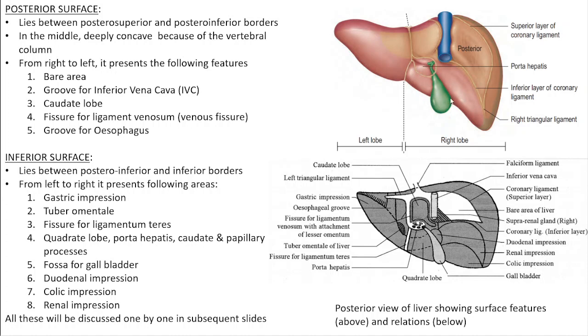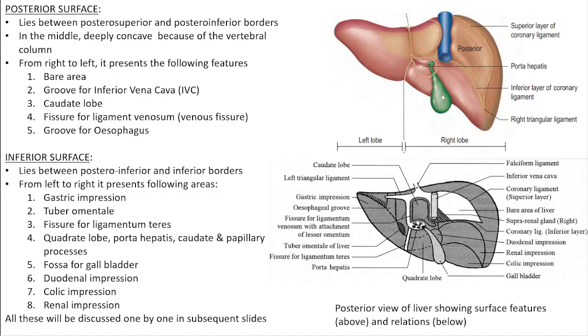Now we see that it is being occupied by the gallbladder. So this depression is called the fossa for gallbladder, or the cystic fossa. Cystic term or cholecysto term refers to the gallbladder. Right. Then to the right of it, we have three impressions. The uppermost impression is for the first part of the duodenum, and actually for the junction of the first and second parts of duodenum, that is the superior duodenal flexure.